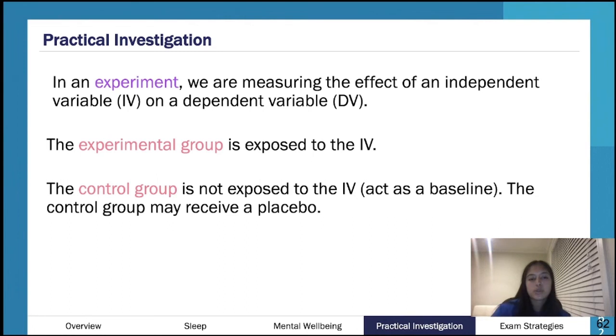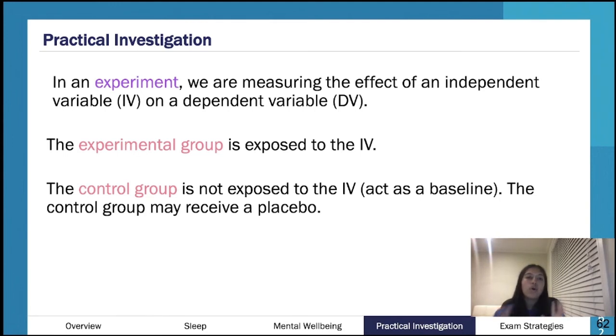Okay. So knowing the difference between your experimental group and your control group. With psych, it's always participants. It's not like bio or chem where you're working with plants or chemicals. You're working with people here, so that's why ethics is a bit more of a thing as well. You'll often have your experimental group and your control group. Your experimental group are the people who are exposed to the IV. The control group are not.